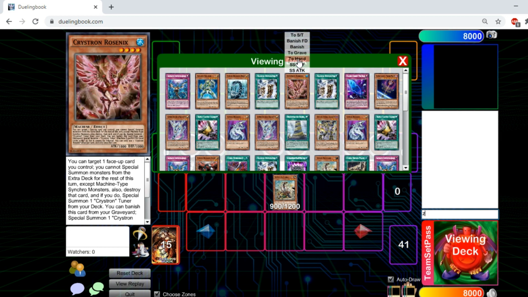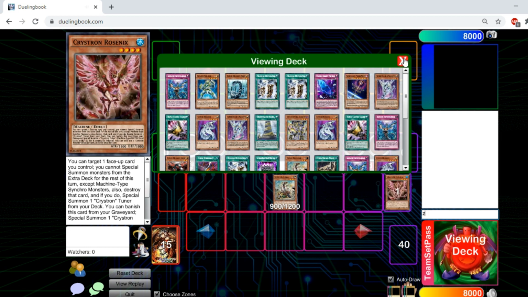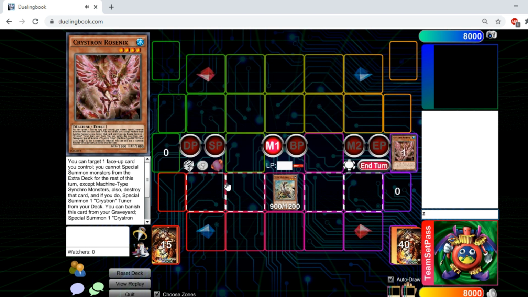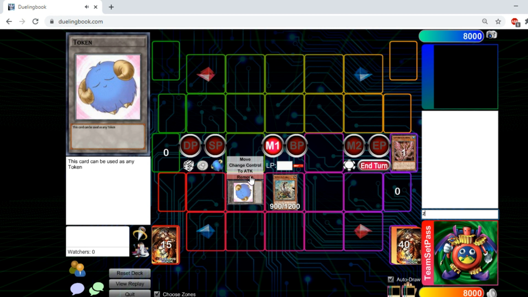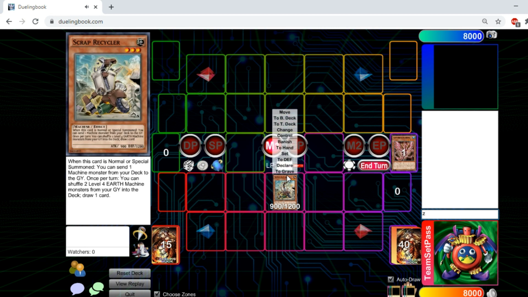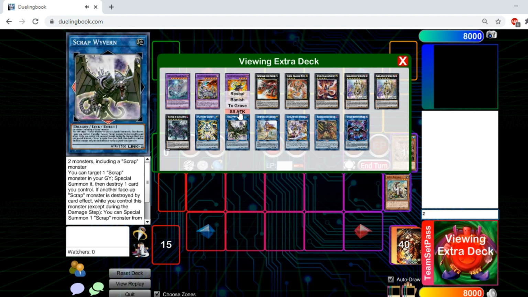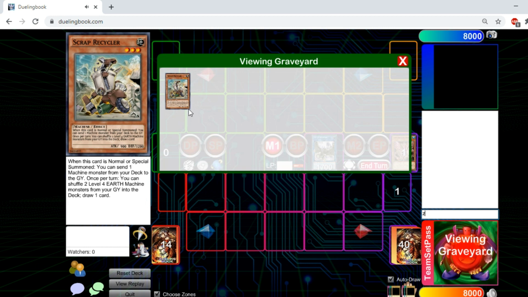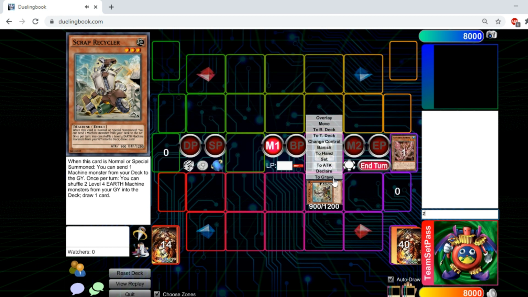We're going to go ahead and put our Christian Rosenix in the graveyard. You can then banish Rosenix from your graveyard in order to give yourself a token. Now that you have a token, you can link your token and your Scrap Recycler off for your Scrap Wyvern. Then Scrap Wyvern can activate his effect to special summon our Scrap Recycler from the graveyard, which then you have